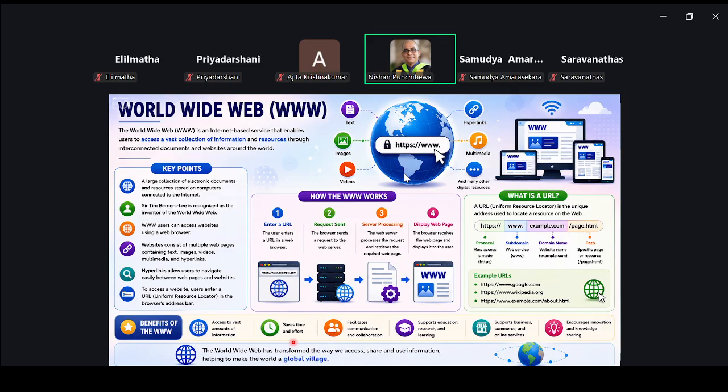So if the library is too far away, we have to take a long time, long distance, we have to travel. So a lot of things are there. But if you are using the internet to get the information, we can get the information at any time. We don't need to move, right? Just sitting on the computer, you can get the information, and it saves time,